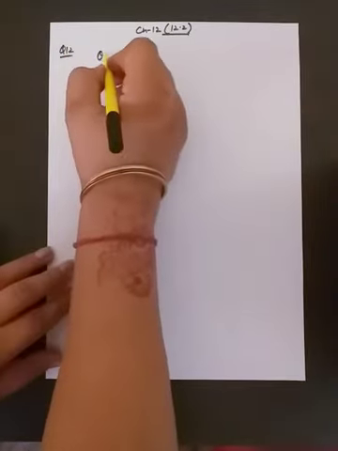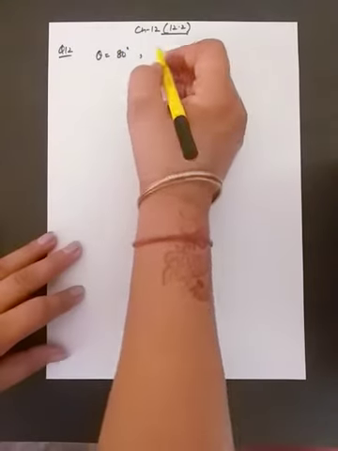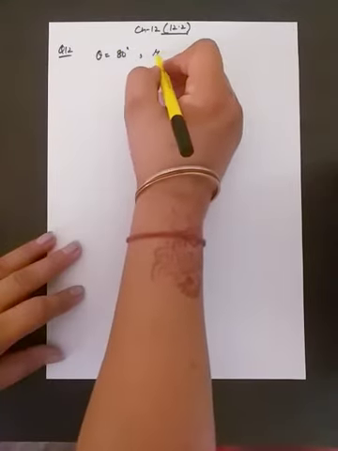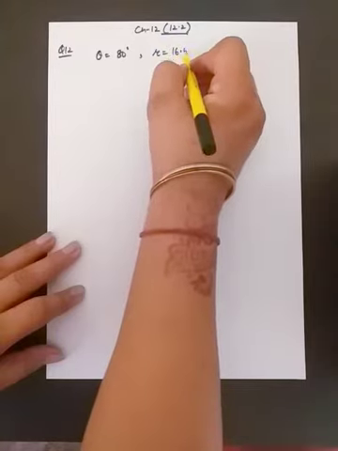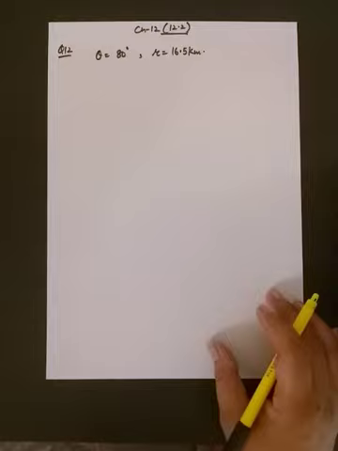Question number 12. To warn ships for underwater rocks, a lighthouse spreads a red colored light over a sector of angle 80 degree. Meaning sector angle is 80 degree, to a distance of... Now this distance will act as a radius in this question. Find the area of the sea over which the ships are warned.